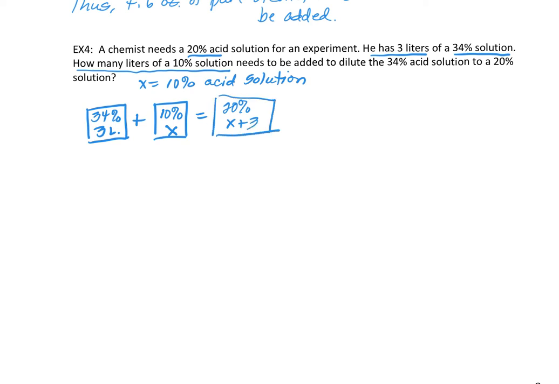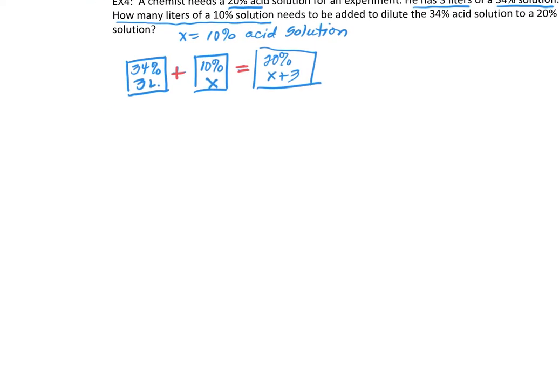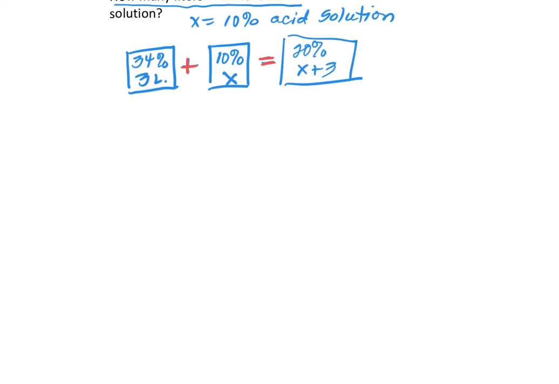So again, we start out with this 34% solution. We're going to add in some 10%, and then we should end up with the 20% solution. Our equation, remember we're going to switch our percentage to decimals, would be 0.34 times 3 plus 10%, which would be 0.1 times x, is equal to 20%, which would be 0.2 times x plus 3. Again, you could just use your calculator to figure out those values. We should get a